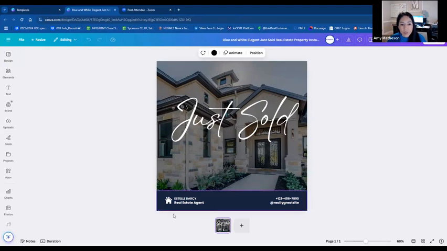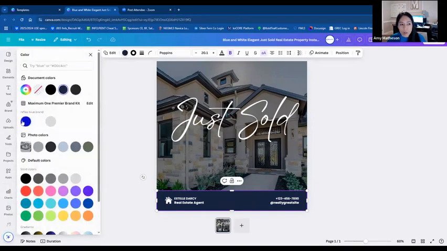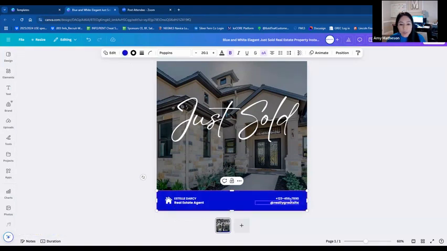All right, so of course, you don't want to post this with someone else's number and all that information on it. You want to go ahead and customize this. Once you click here on the colors, I like to use our maximum one color. I like to put in our information. Another thing you can do,